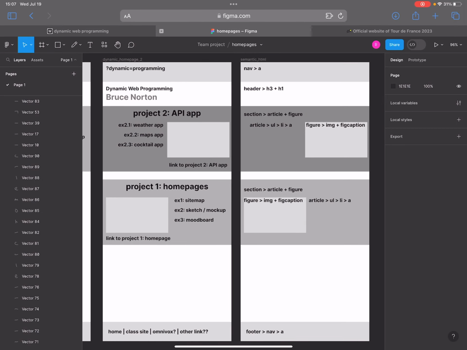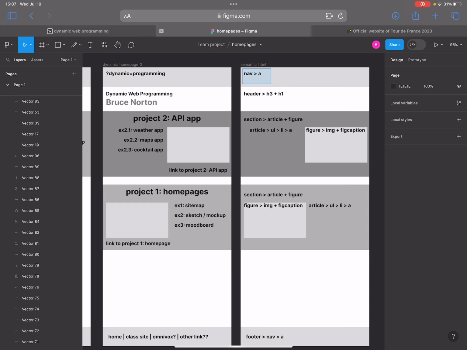And then here's, I think, the interesting thing. From the wireframe on the left-hand side here, what I've started to do is to determine the elements that I'm going to be using for my HTML. And although this seems like it's a waste of time, I think it's actually a very good use of your time, because when it comes time to actually coding the HTML for your website, we don't really have to think about it that much. So at the top, I've decided my top section is going to be a nav,